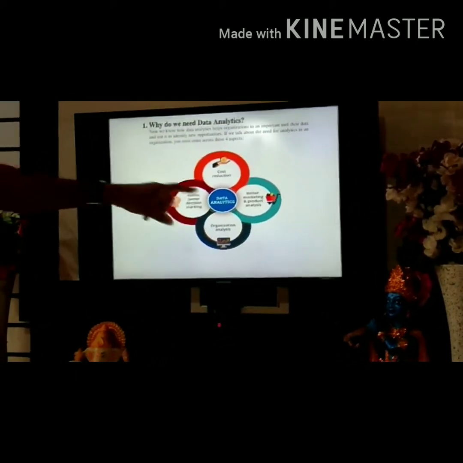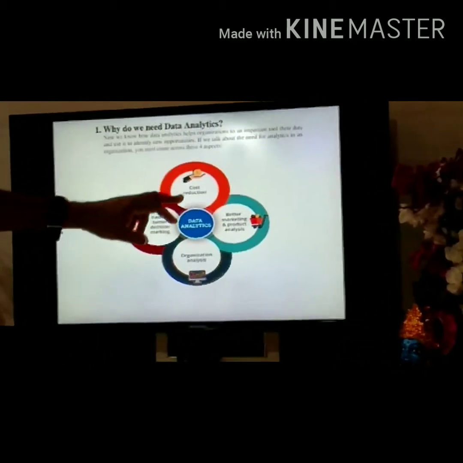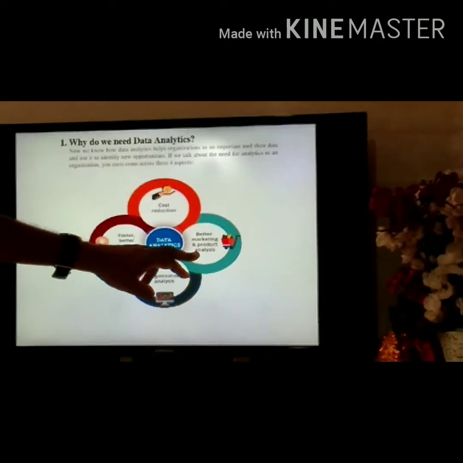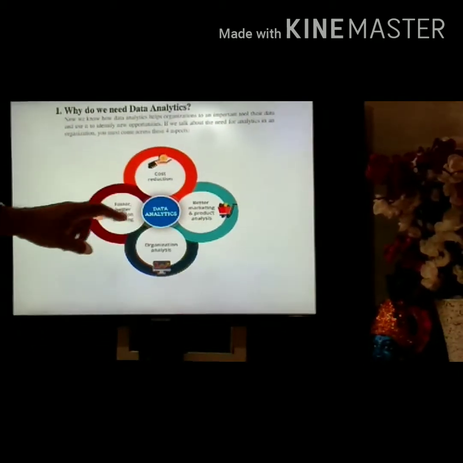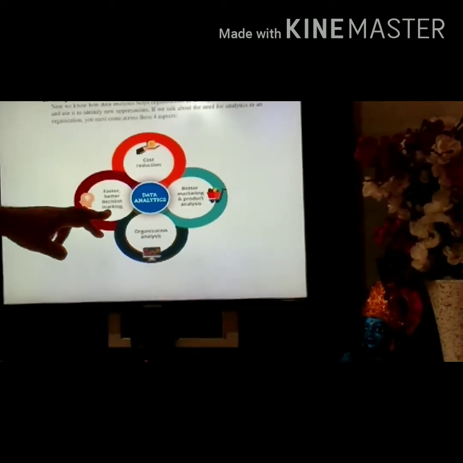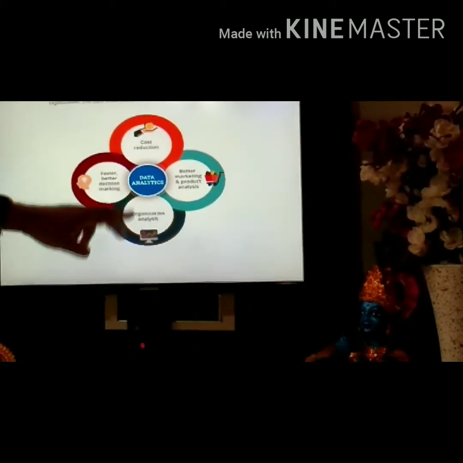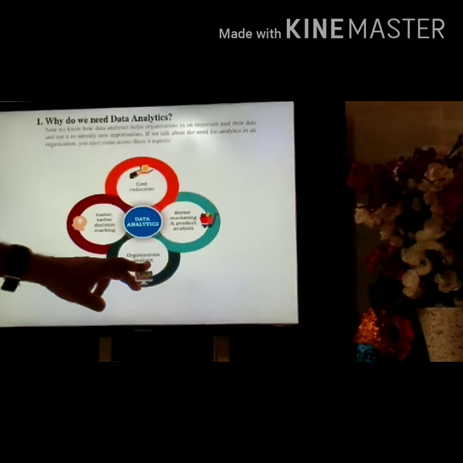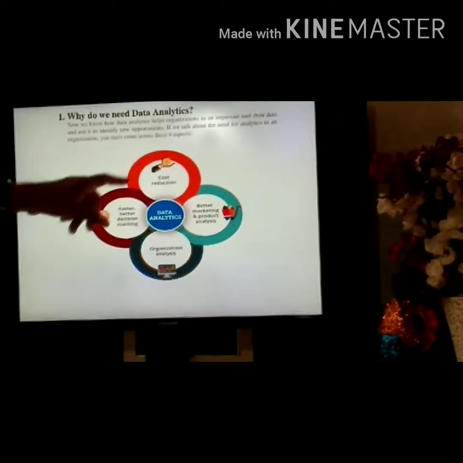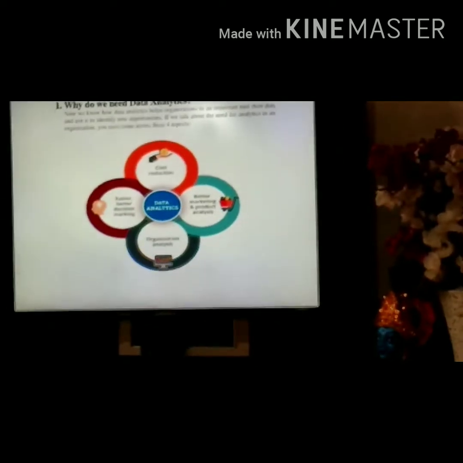If you use data analytics, we obtain cost reduction. Better marketing and product analysis are also done using data analytics, as well as faster, better decision making. Organization analysis is also done using data analysis. So these are the main 4 aspects of using data analysis.